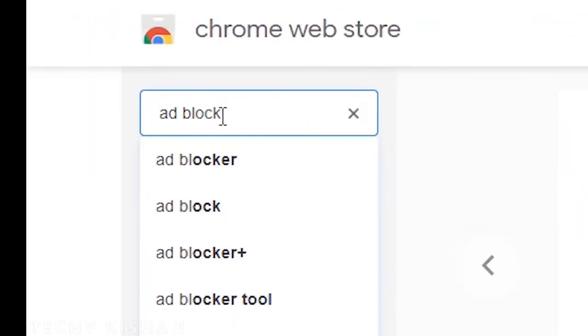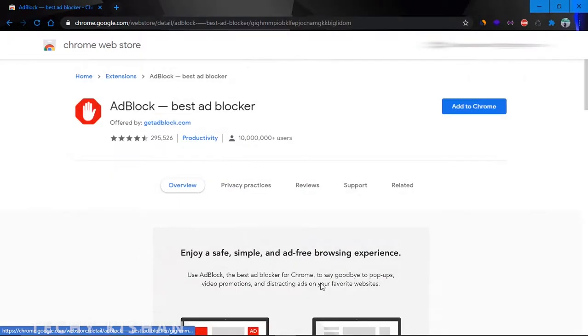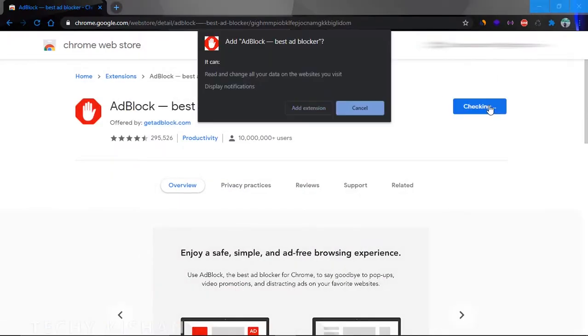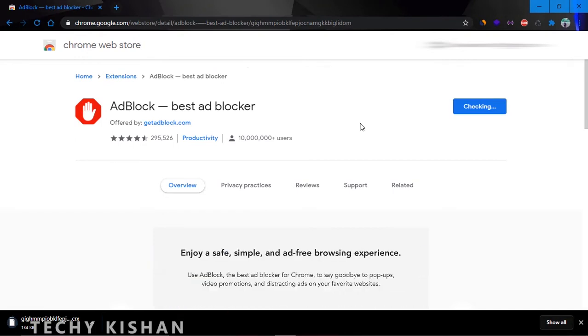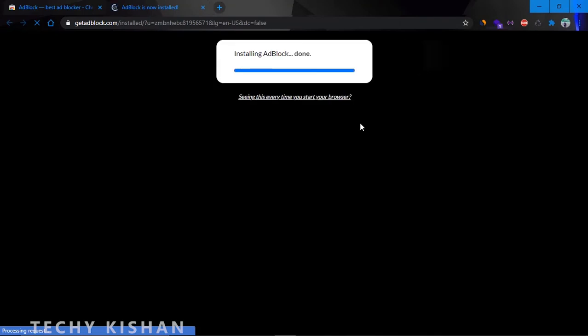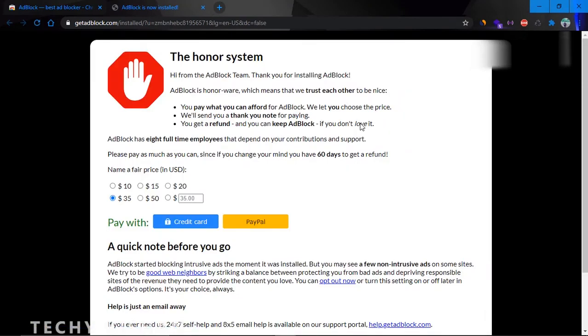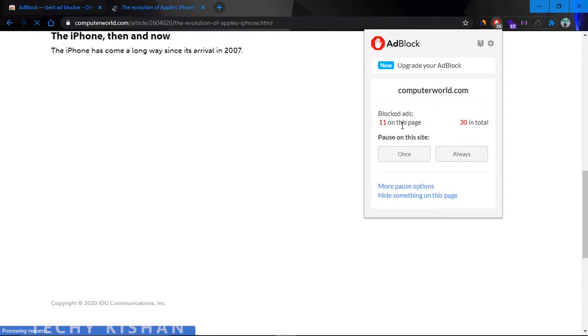So friends, the third plugin I'm going to talk about is Adblock. Yes friends, this is the plugin which I use most of the time while browsing the internet using Google Chrome. Friends, this becomes very handy when you are distracted by unwanted ads on your favorite article and blog websites. You don't have any ads blocked in this menu, but after going to some websites and refreshing them, you can see that there are multiple ads blocked in your Chrome extension Adblock.